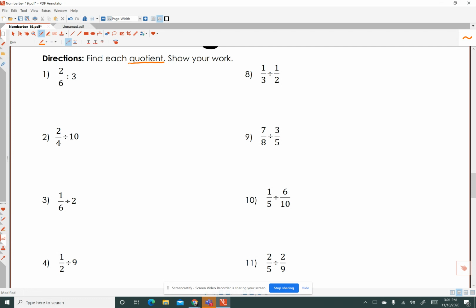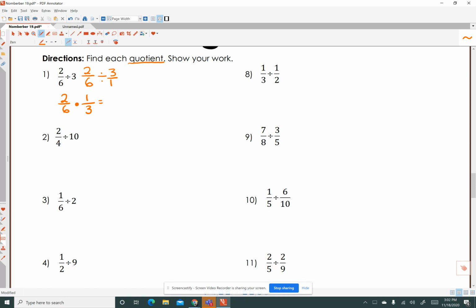So in the first case, we have a fraction being divided by a whole number. So we know that in order to divide a fraction by a whole number, this easy trick we have is to just put it over a denominator of 1. Now, when we divide fractions, we keep the first fraction, and then we multiply by the reciprocal. The reciprocal of 3 over 1 is 1/3. We look to see if we can cross-cancel